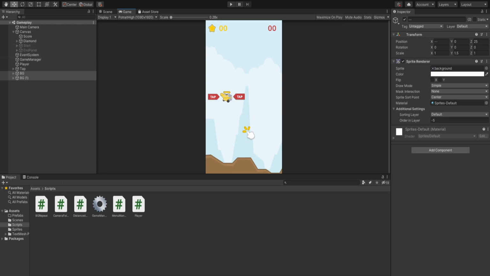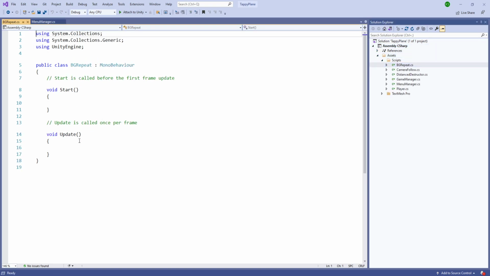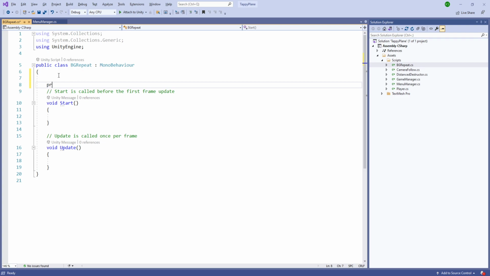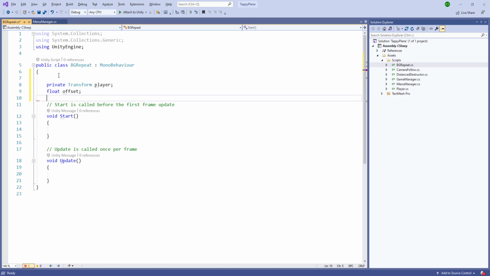And let's do, what should we do first? Let's set up the start functionality, and let's initialize the variables we are going to use. So let's go inside Visual Studio, and I'll just script it out, and you guys can see how it's going to be. So for the bg repeat, it's going to have a private transform for the player, and a float for the offset, and one more float for the current offset,